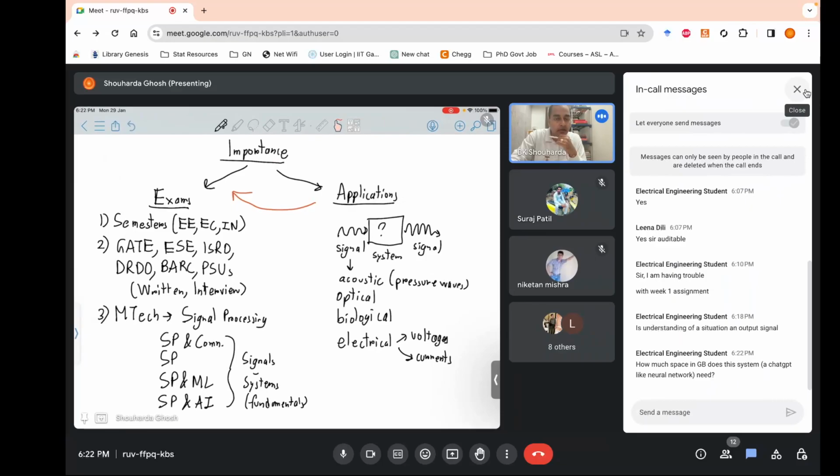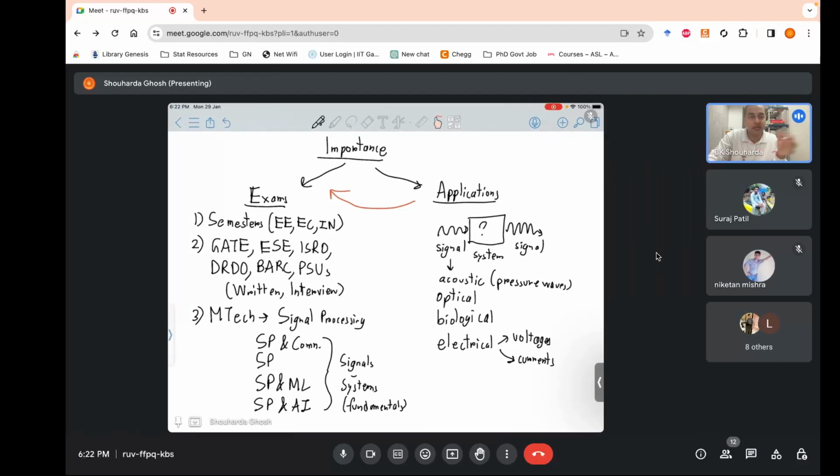Okay, so how much space in GB does the system need? Although I don't work in this field of LLMs, I know that it has been trained upon trillions of gigabytes of data. I don't know about the storage, but yes, it's humongous and it's concerning for the environment as well. If you want to know details of ChatGPT, there are other parallel courses running in the computer science vertical, like applied artificial intelligence, or the GPU based courses. There you can get to know, or maybe you can type in ChatGPT itself and check this answer.